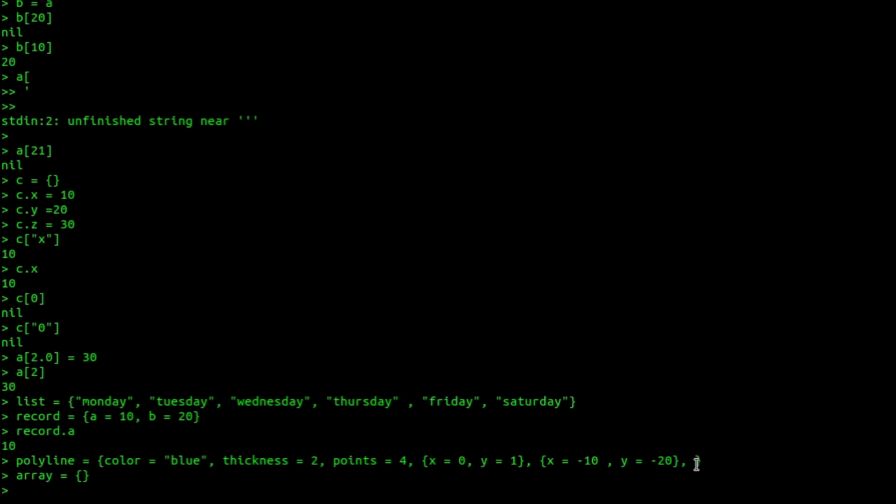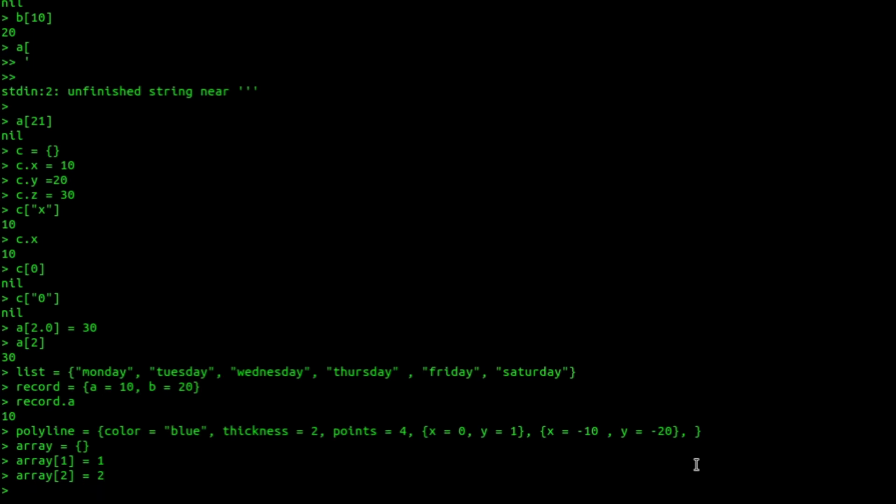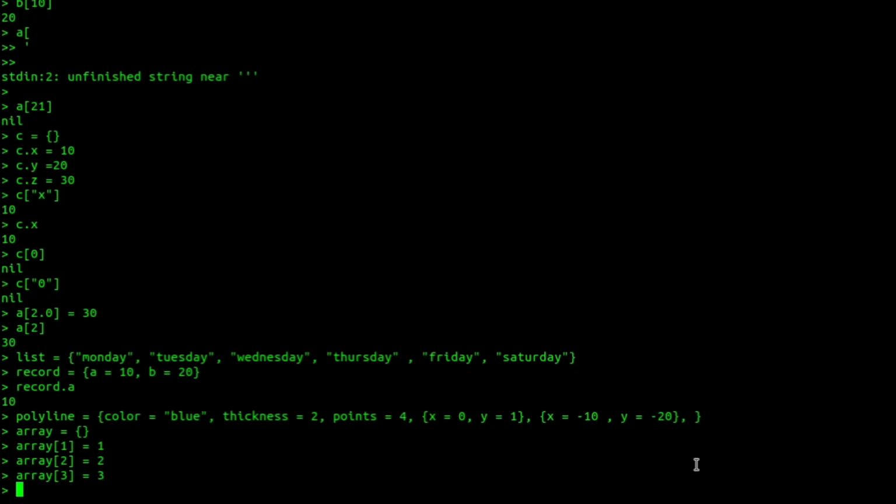Now what I do is I can say array of 1 equal to 1, array of 2 equal to 2, and let's just keep the example short, so 3 elements are enough. So now I can iterate over this array and